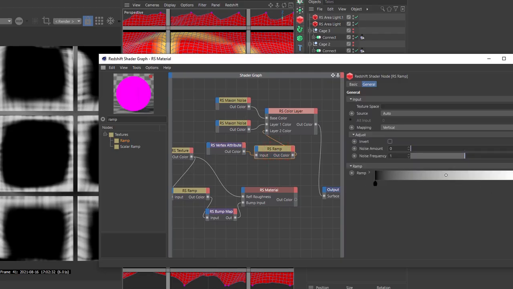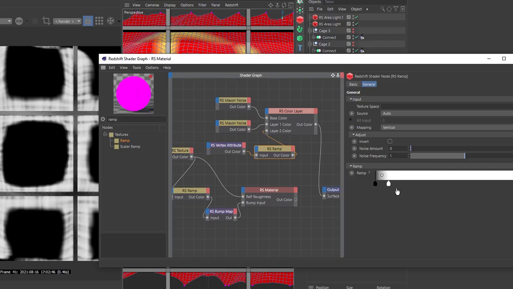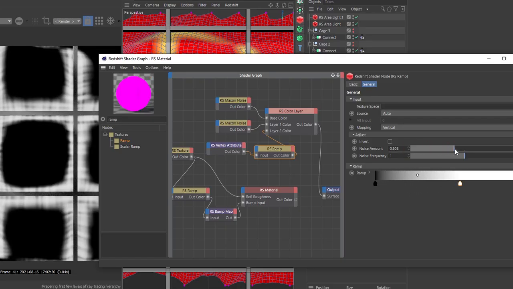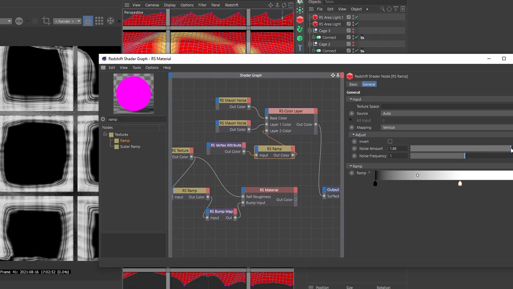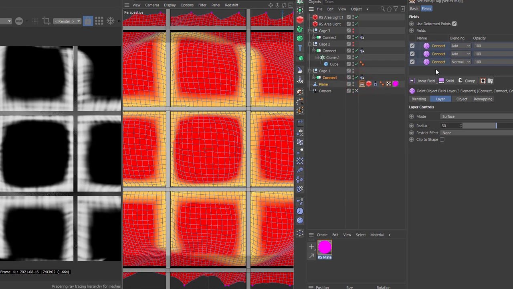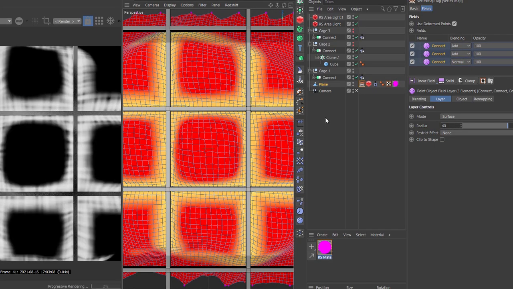Now we can remap it to make it bigger, maybe add noise amount for extra detail. If you want these lines, I don't want to use them. I'm going to these fields, going to increase radius maybe to 40, and now